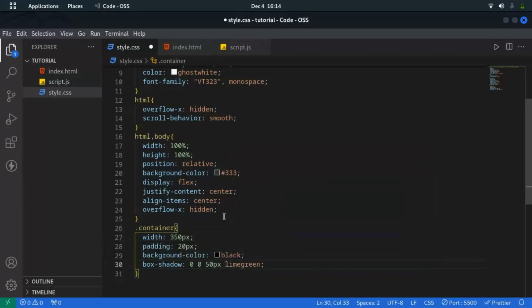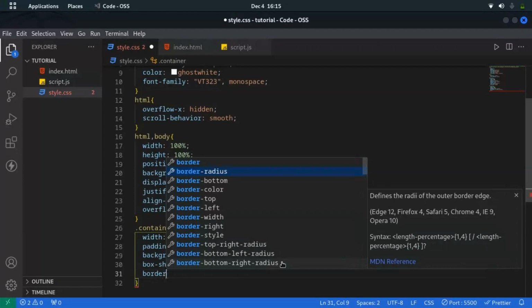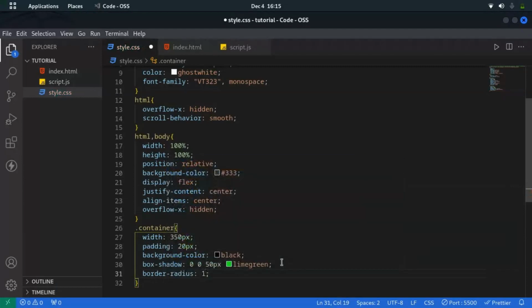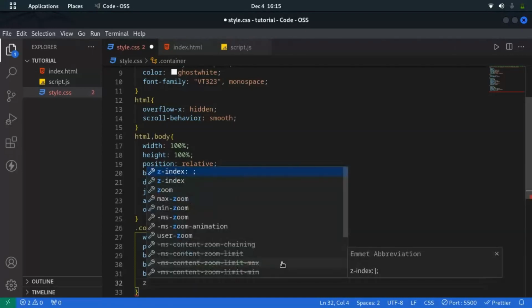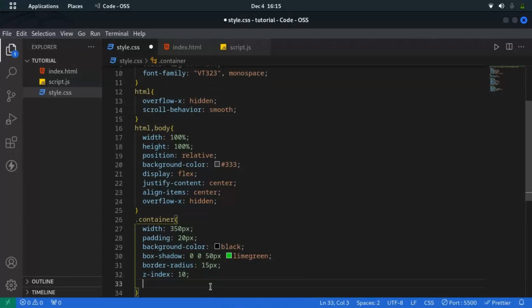So the box art is going to be of lime green, which is kind of lightening up. So the border radius, I'm going to give it some border radius of 15 pixels. Then I want it to be at the top. I'm going to give it a z-index of 10. Then I want to give it a